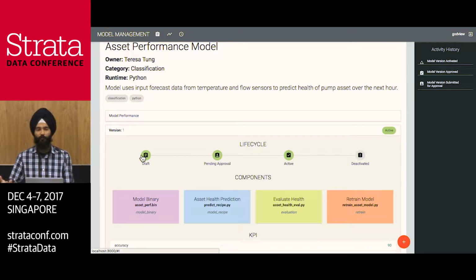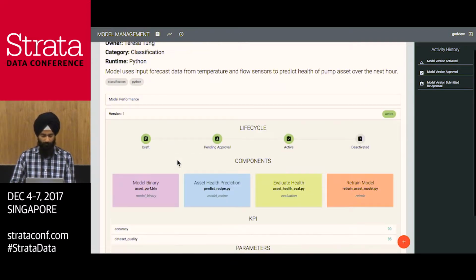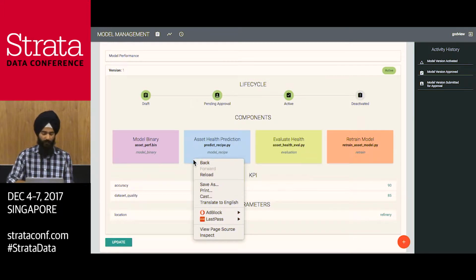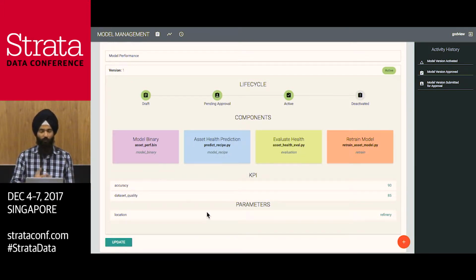Or it could be integrated into a very robust existing business process, which might be necessary, especially in financial industries where regulation and auditing is very important. And then we also have the final set of KPIs and parameters that go along with this model, so that this model now, with all this information, becomes sort of a black box, and the data scientist can step away and start working on the next project, while this model becomes self-contained and can be used by someone like me